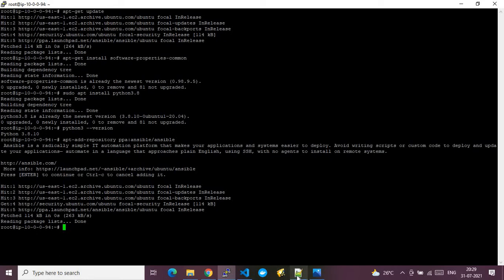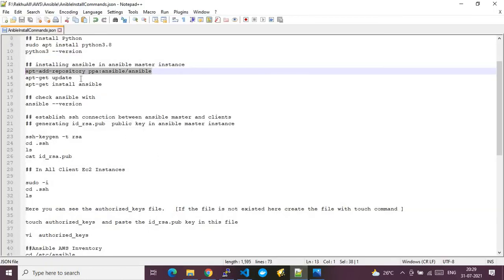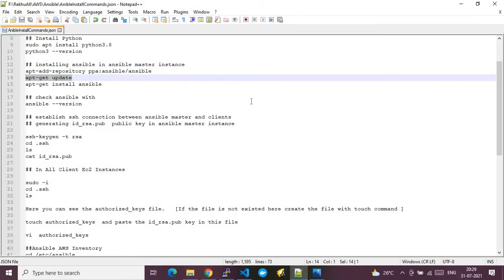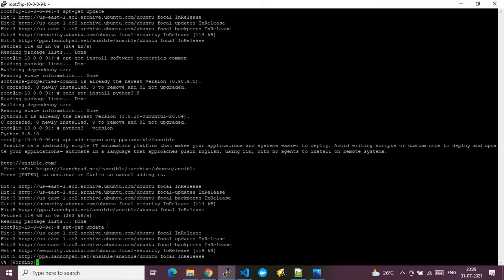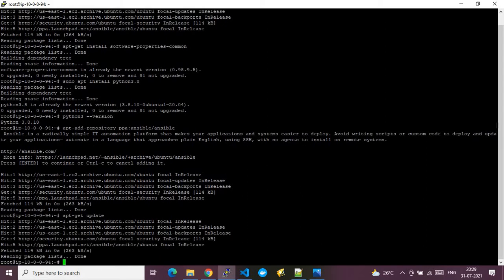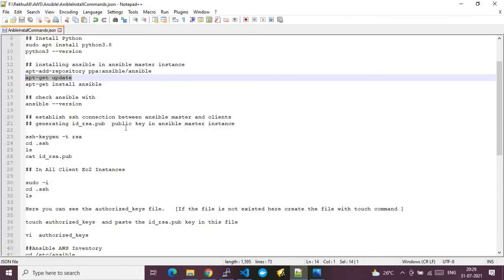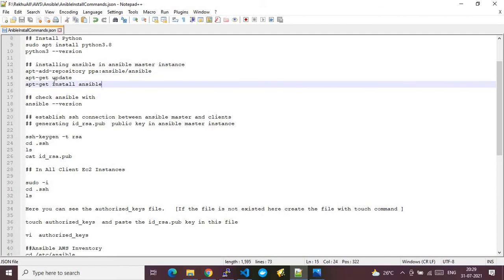Now let's go to the next command. Again, I need to refresh the system configurations, so I will run this command again. That is a basic thing we will always do in this Ubuntu server. Then finally, we will run the apt-get command. As you might know, apt-get is a tool which helps us do the configurations on Ubuntu.